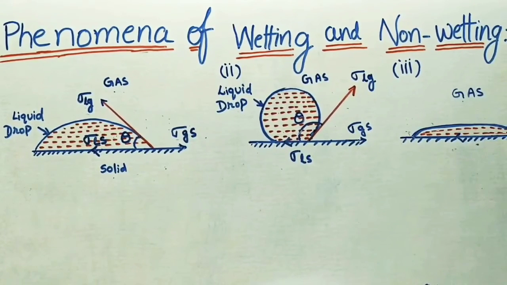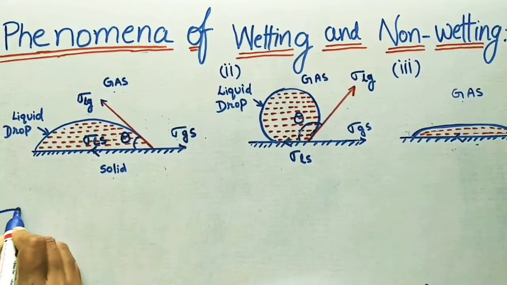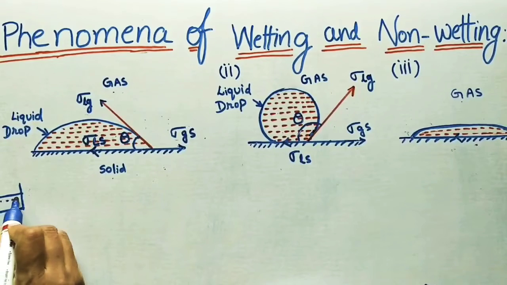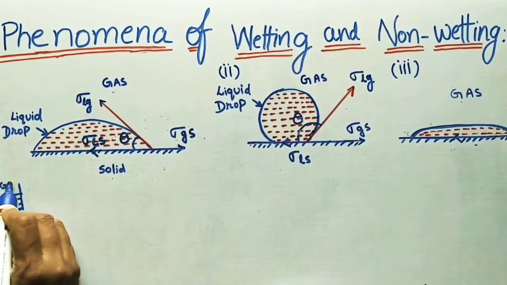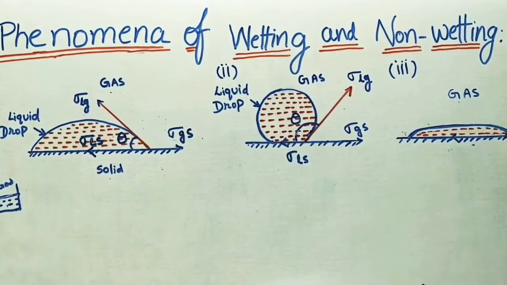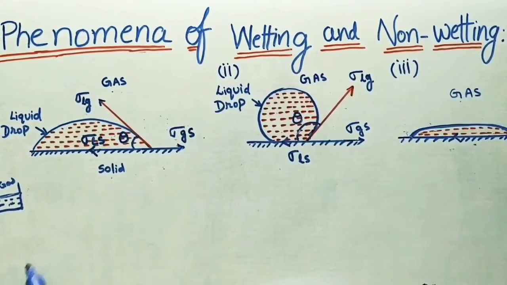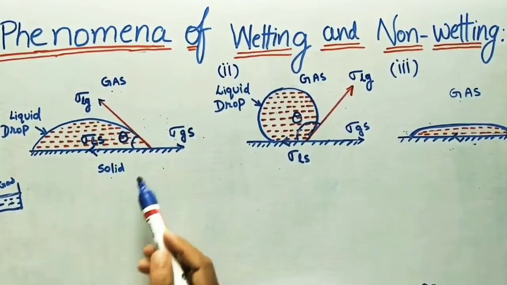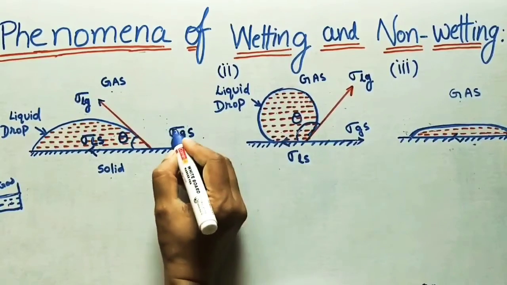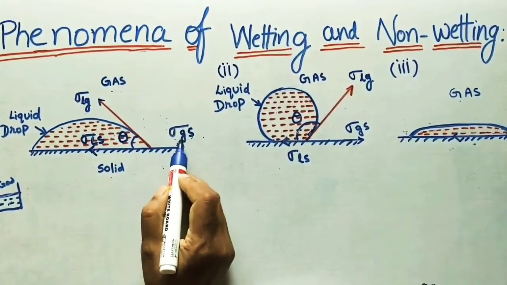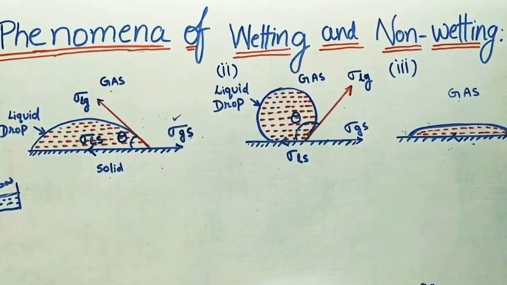As we know, surface tension will develop between two mediums at the interface. Let us take this as some liquid, this as gas. Surface tension will occur at the interface of two mediums. Similarly here also three mediums are there: gas, here gas and here solid. For surface tension the symbol we are taking is sigma. Gas and solid at the interface, surface tension will develop.